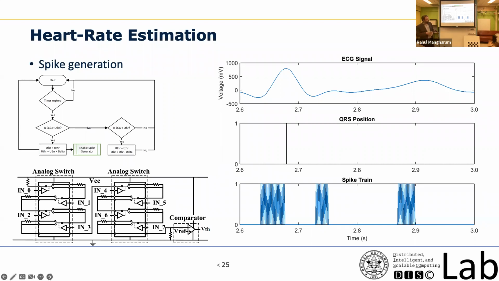Oh, sorry, one follow-up. The spikes that you're showing here, there's a region where the spikes are on and then they're off. Exactly. So how does that work? Is it based on encoding? So basically what we are trying to concentrate on here is the region where the ECG signal goes up. Okay, so it's based on the derivative of the ECG signal? Some form of it, yes.